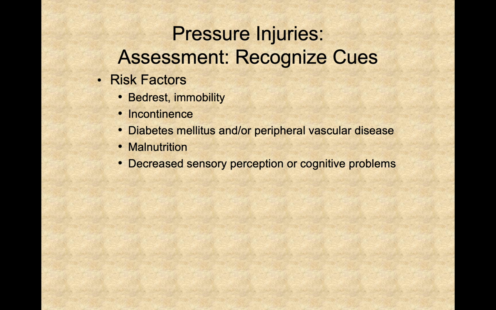Maybe they have some paralysis to a particular location. But also with cognitive problems, perhaps a person doesn't recognize that they need to seek care for an injury, or perhaps they don't have the mental capacity to recognize that they have some hygiene issues that can contribute to skin breakdown and